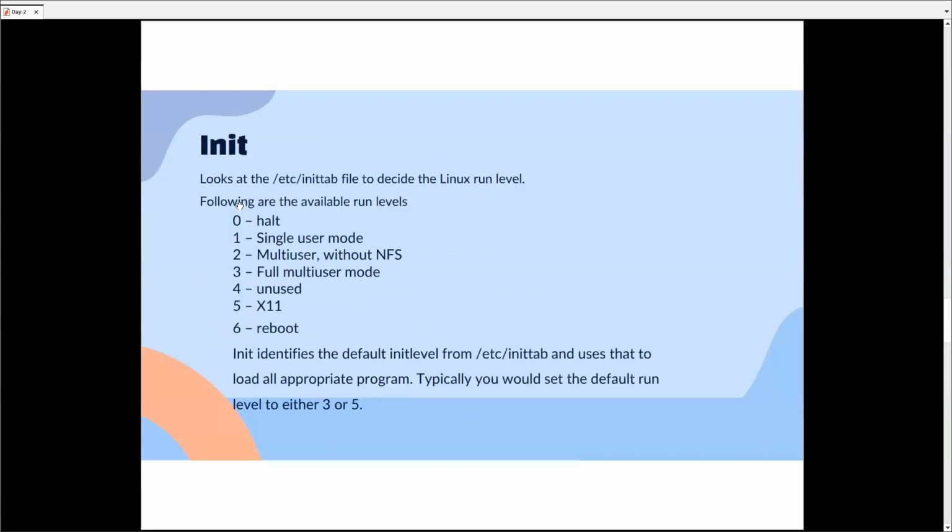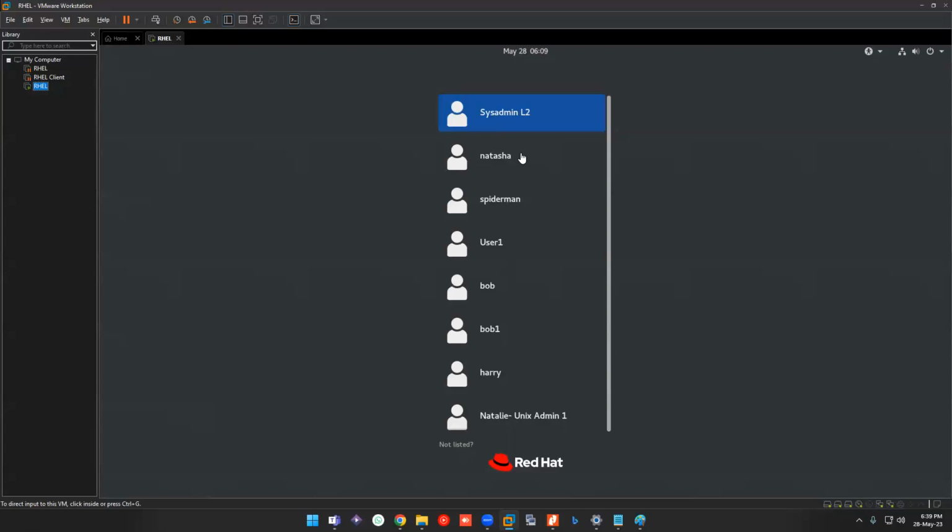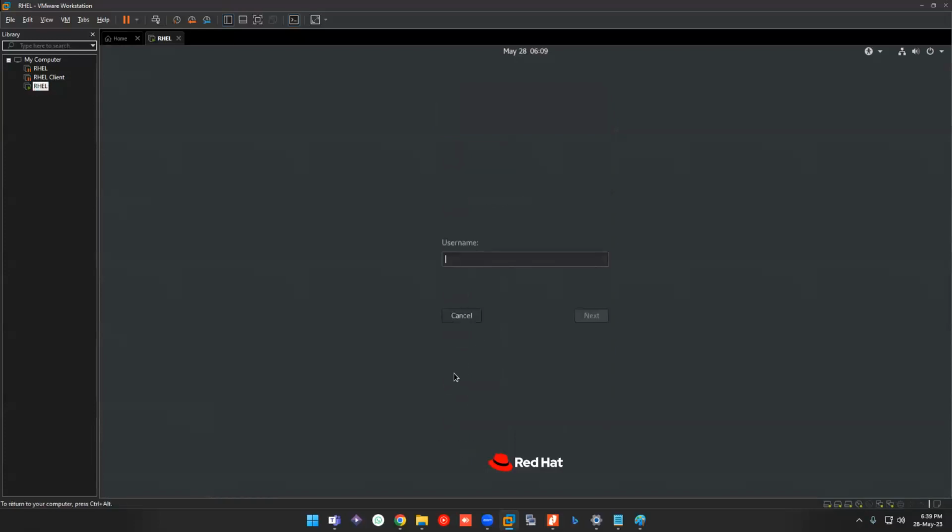There are 6 init stages or run levels, either way you can take it. So this is the way it will be booted for the time being. If you type init 0, it will shut down.